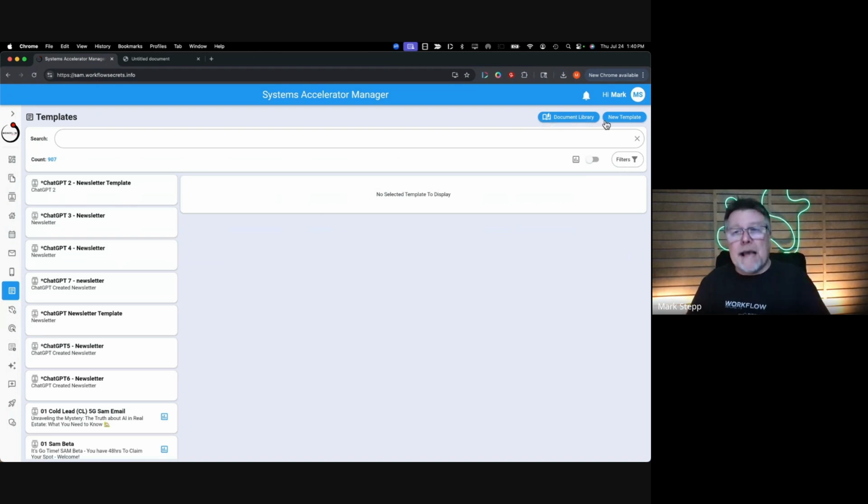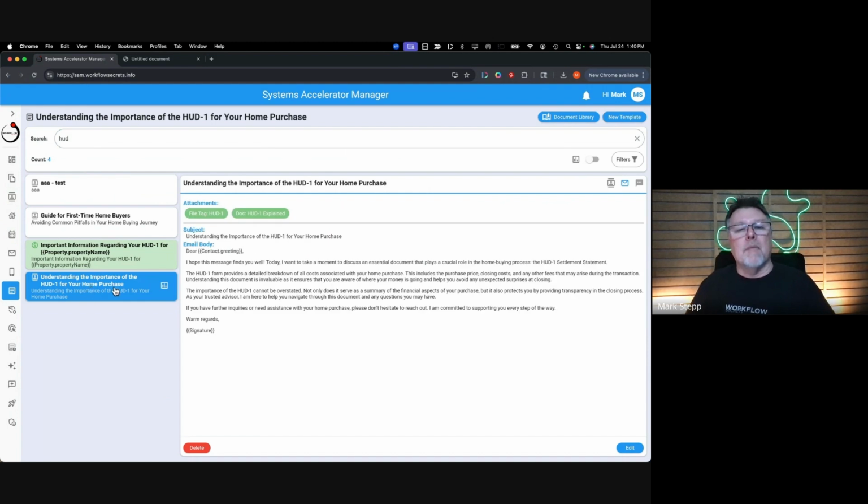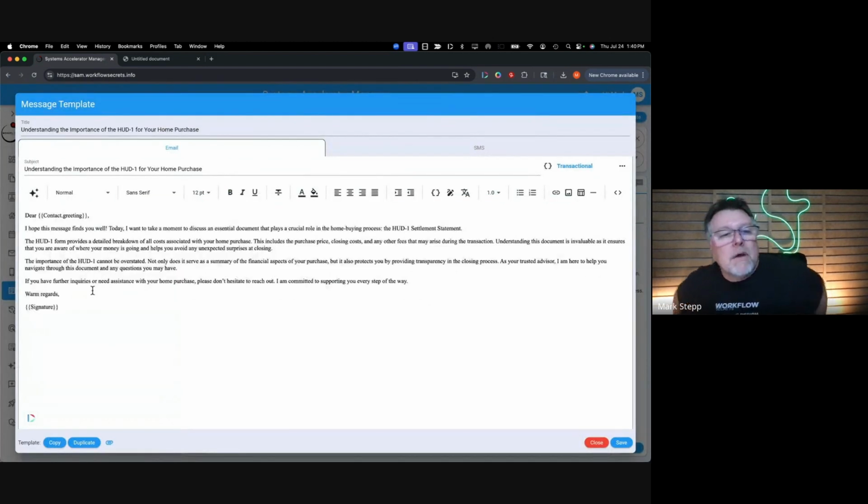What we can do now, because we've got this document library, we can go into the template itself. And actually, I'm going to see, do I have one here? Understanding the importance of the HUD one for your home purchase. So I'm going to double click on this one. So here's an example of a template that you might send out to your home buyers as soon as they